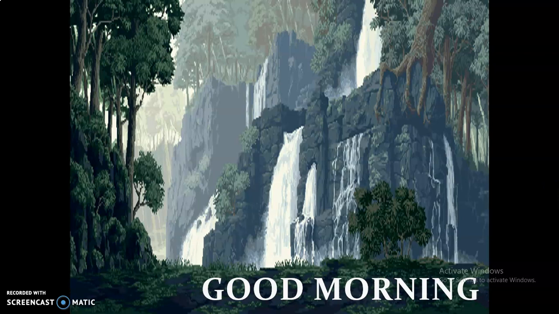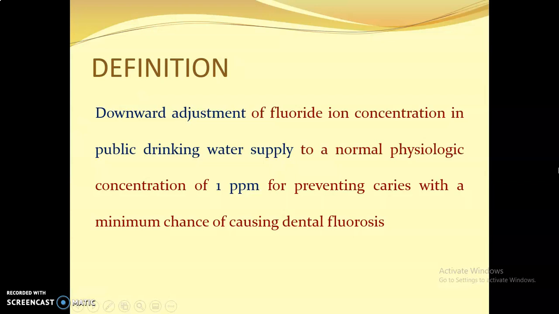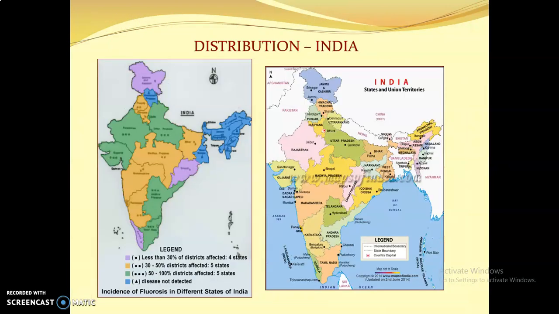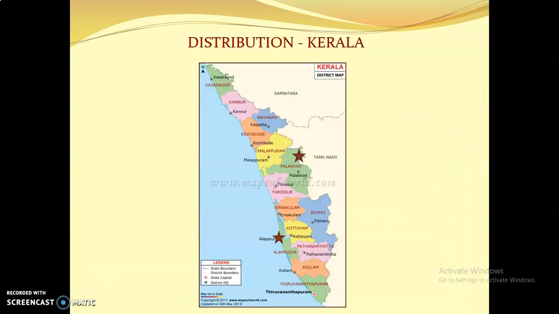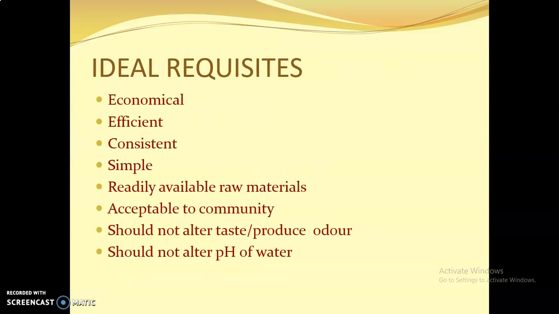So let us continue with what we discussed in the last video. Last video we had started with defluoridation of drinking water. We saw what is the definition, then how is fluorosis distributed in the world, distribution in India, and how it is distributed in Kerala, and what are the optimum levels of fluoride recommended by the various agencies, what are the ideal requisites of an ideal defluoridation technique,